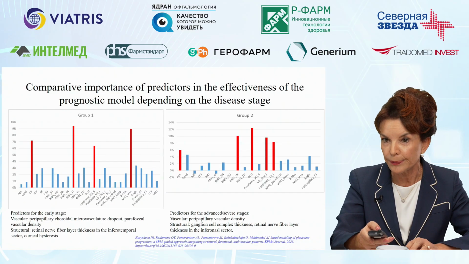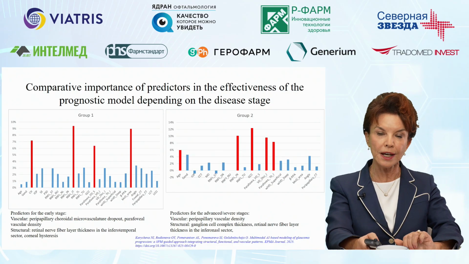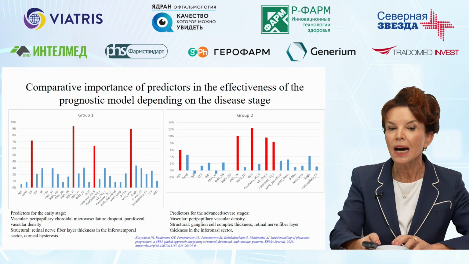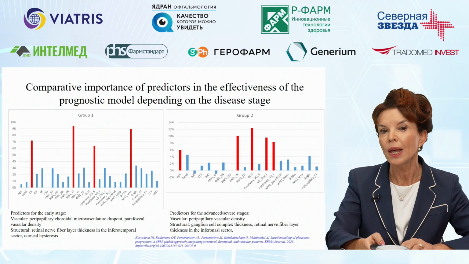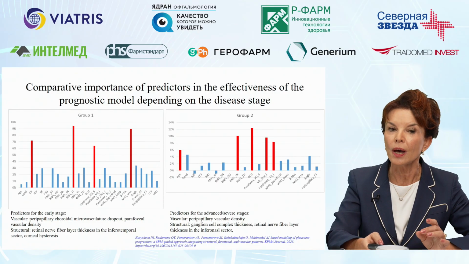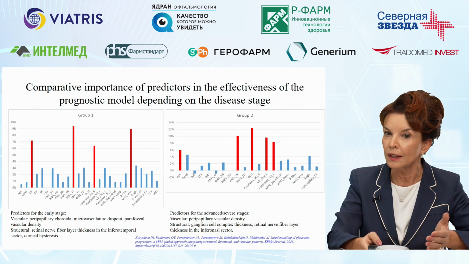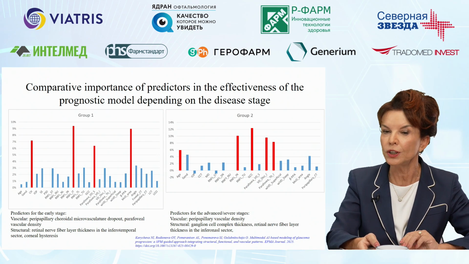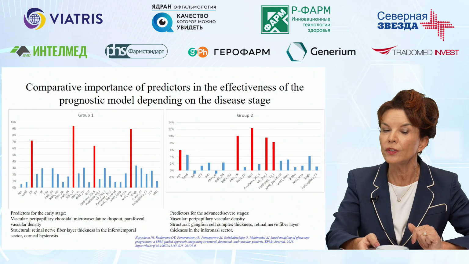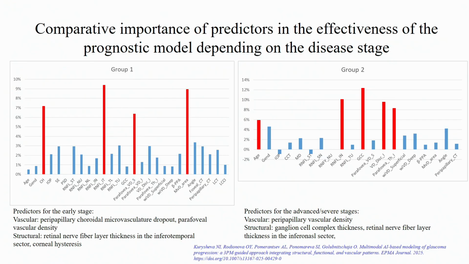Well, you can see the area under curve is 0.9. Also, these algorithms allowed us to identify early predictors of progression. They were slightly different for the early stage and advanced stage, but we did not identify predictors such as IOP only at the early stage. Well, there was corneal hysteresis, which was an important predictor, but at both stages, there were biomarkers as predictors, and